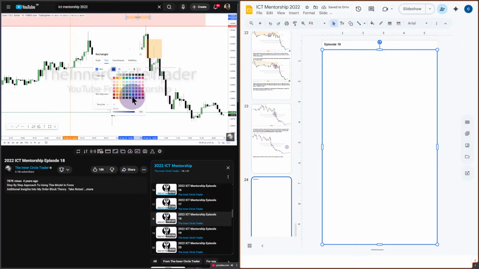Inside center, and we'll make it black. And there you go. So the New York kill zone, it runs up into that, runs the highs, and we want to see a displacement to the downside. We get it right there. Okay, so now you have this area here, and then you would put your order in right there. What time is that? It's 10 o'clock. So you put your limit order in to sell short right at that price right there, or plus 1 pip, period. And your risk is going to be above this high.